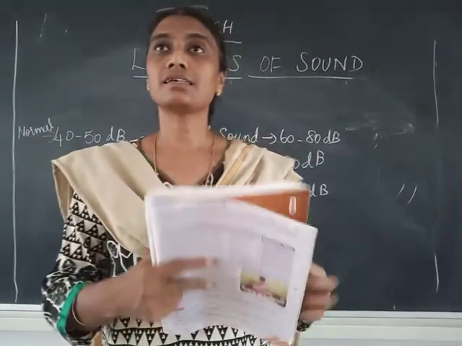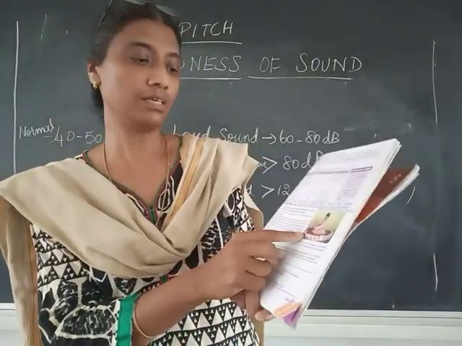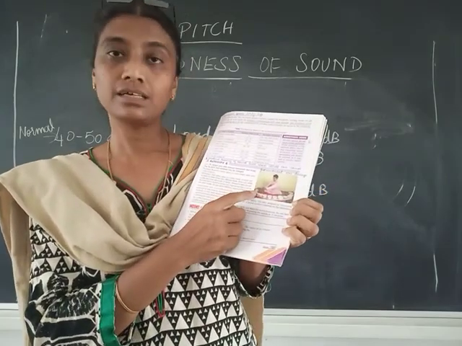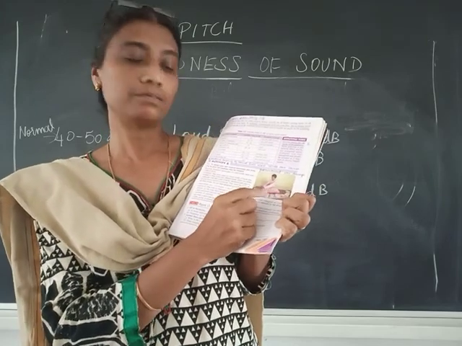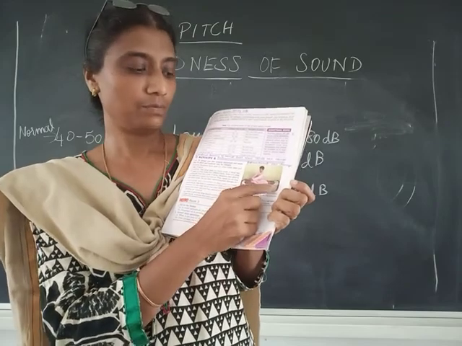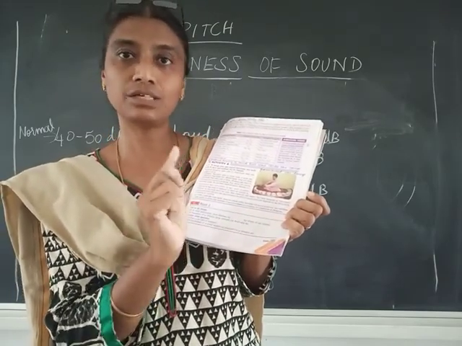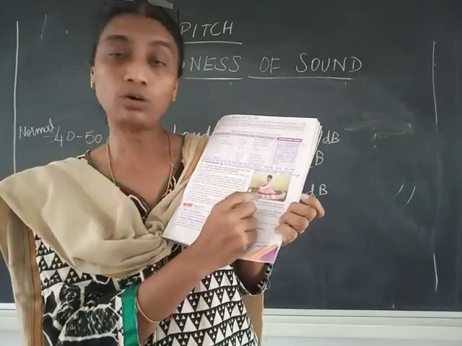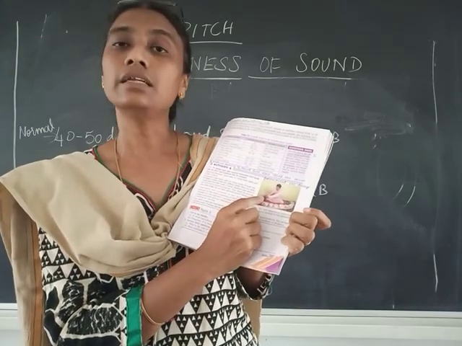So the last part in the book, they have given a musical instrument called Jal Tarang. I don't know whether you've heard about it. This man has kept bowls of water, and the water levels should be different in each bowl. You should use a glass or a china clay bowl, don't use plastic or steel. If you use a glass or china clay bowl and strike it, then you will be